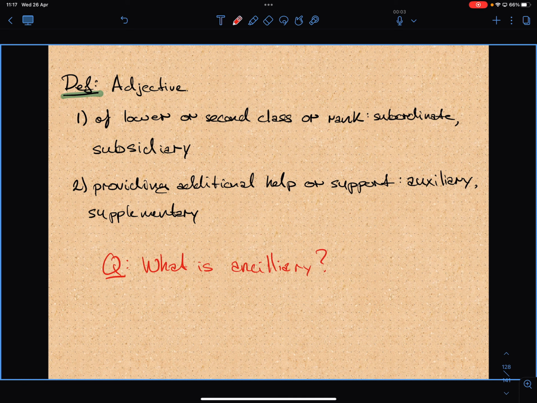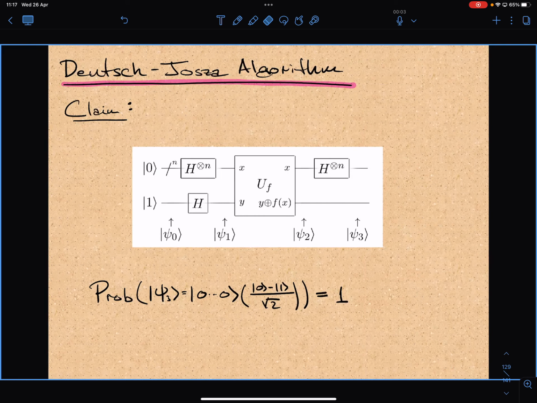All right. That's ancillary. Ancillary. All right. So